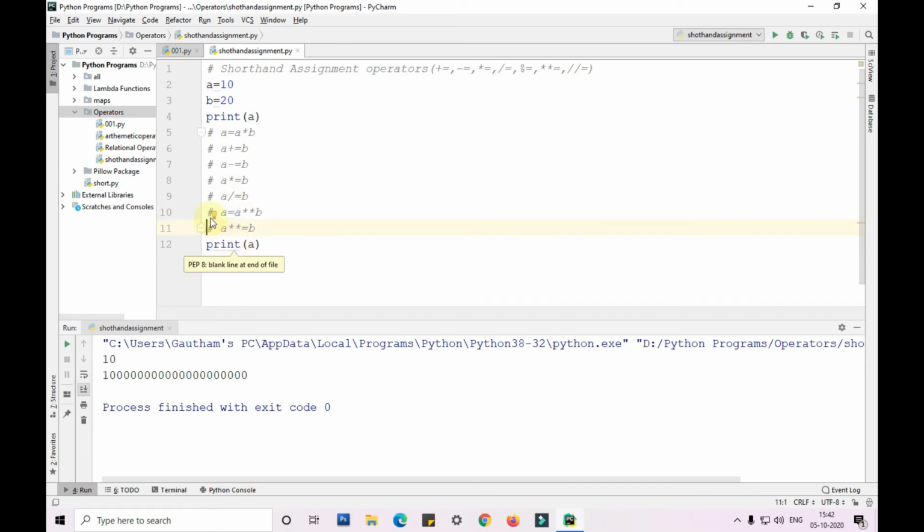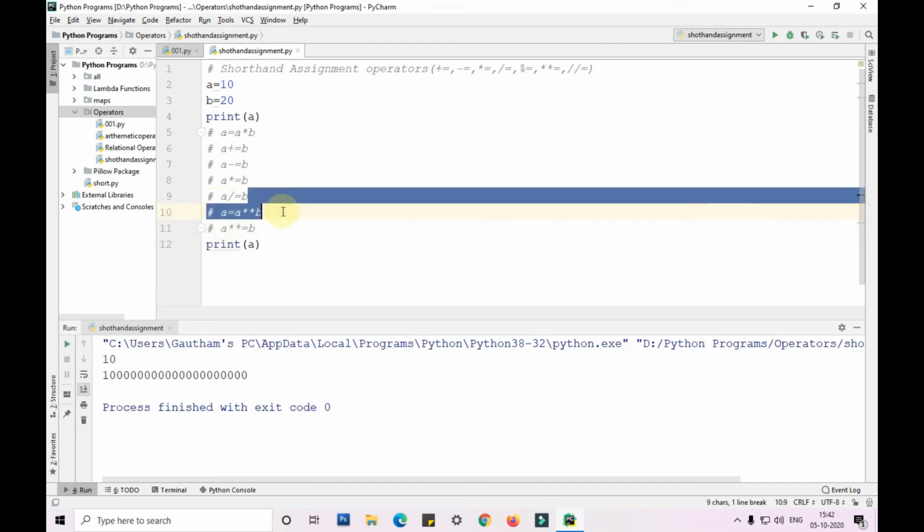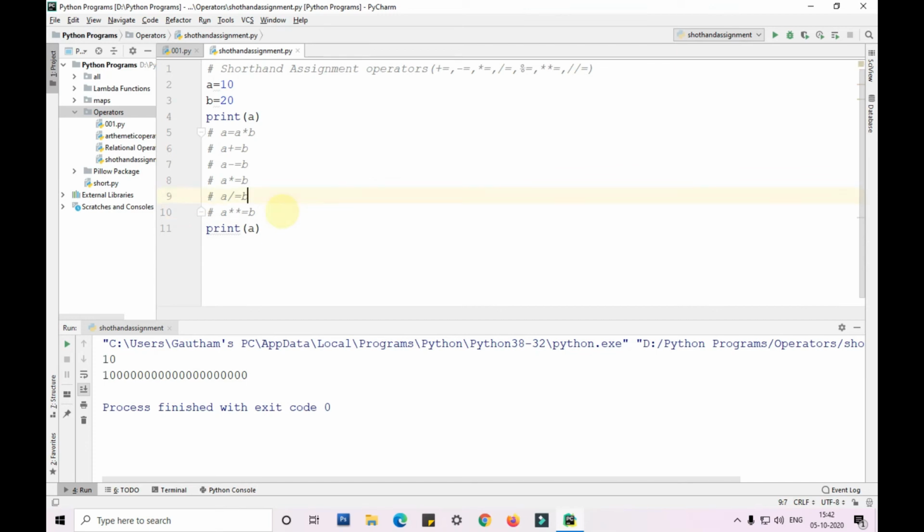So we are able to save some characters of space using these operators, guys. So that is the reason we have shorthand assignment operators. The meaning of shorthand assignment operators is that we use shorthand operators like plus equals, and the result is assigned to the first variable. Similarly, let's apply floor division on a and b.